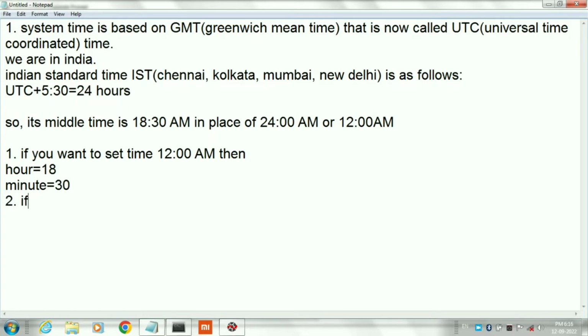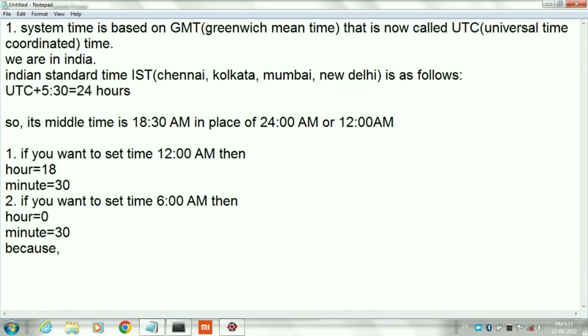If you want to set time at 6 AM, then your hours will be 0 and minute will be 30 minutes, because 5:30 plus 0:30 equals 6 AM. Here 18:30 plus 5:30 plus 0:30 equals 24.